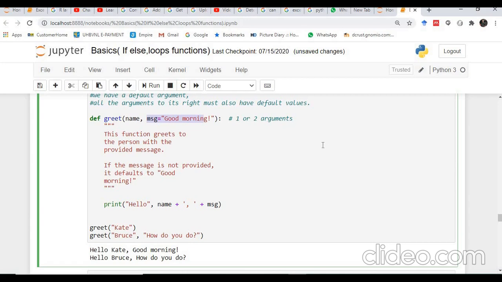Okay, and also when we have a mix of mandatory and default parameters, then obviously we can call the function with one or two or more arguments, depending upon how many default parameters you have assigned there.